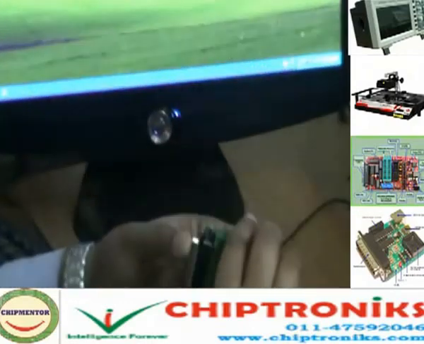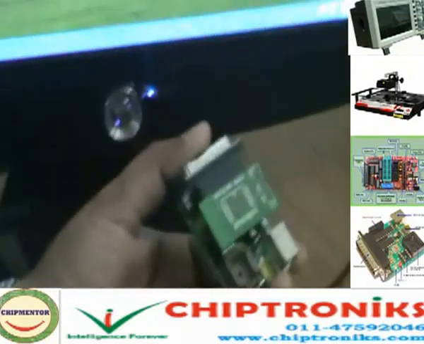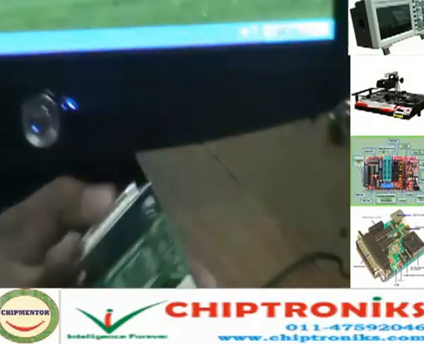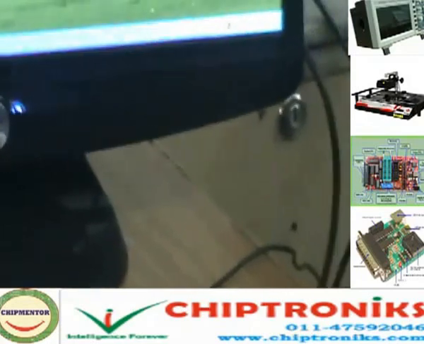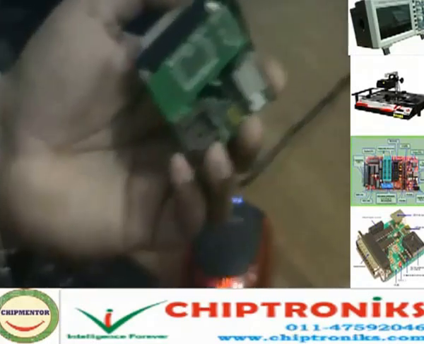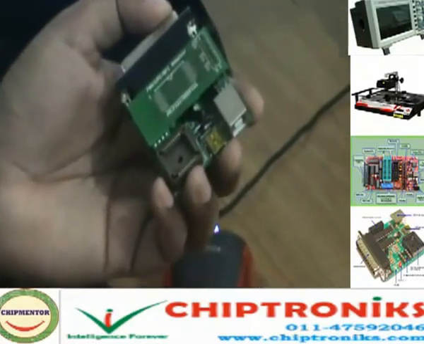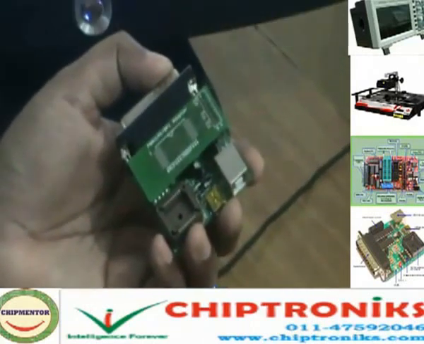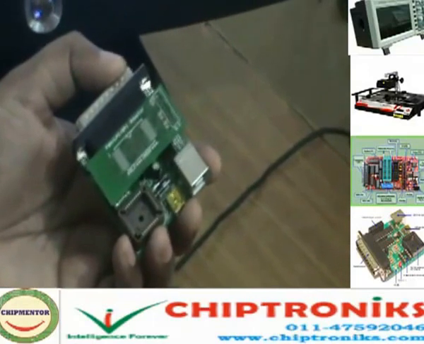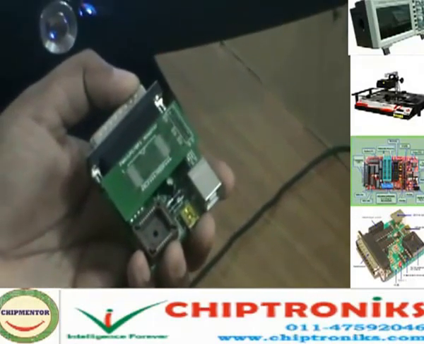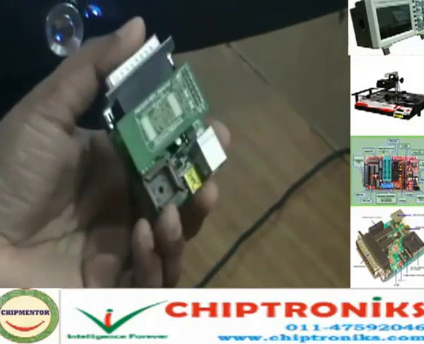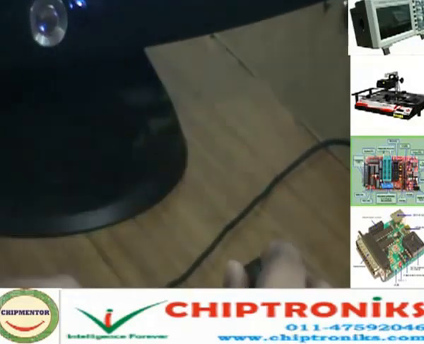The NanoBIOS programmer can program different types of ICs. For example, these are all ROM ICs, and you get different types of ROM IC. For example, you get EPROM, erasable programmable read-only memory, and EEPROM, electrically erasable programmable read-only memory. Then there's flash ROM also. The type which we are using right now is flash ROM.